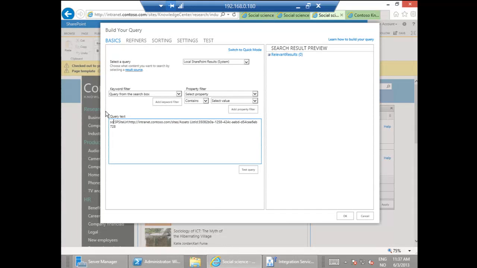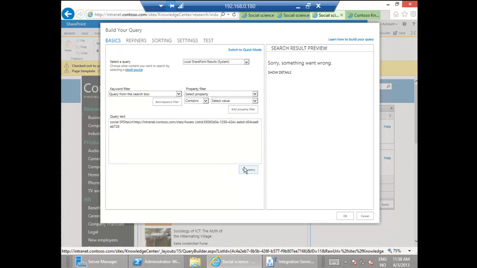And since we're in social, we'll try to search for social. And this thing here is just a pointer to the list where we have videos. So this is part of the query now. We're actually limiting the search results to this particular list. And this is done by metadata in the search engine. So for every piece of content, the search engine knows where that content resides, in which list, on what site, etc. And we can use that to limit the query. So when we test this query,